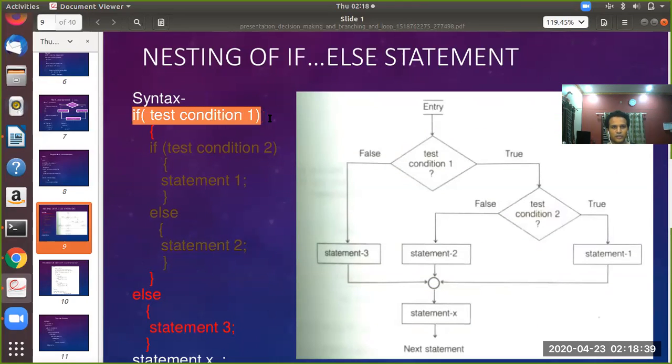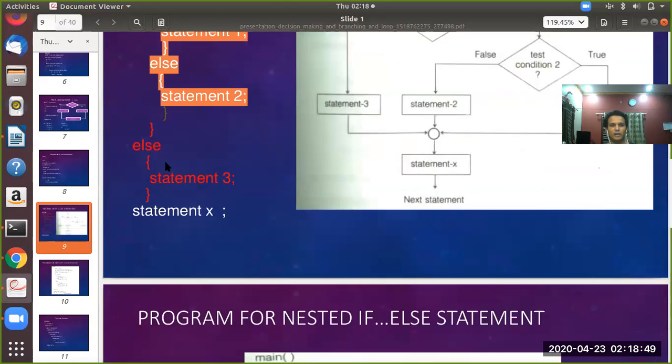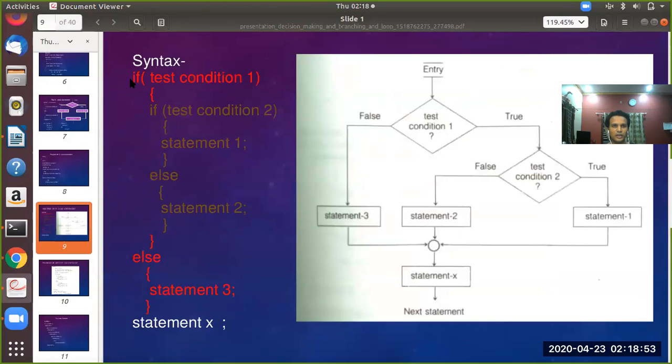There is an if condition, and within the if condition, that means inside the block of the if condition, there is one more if condition. Understand? And there is one more else here. The else that you see in dark red color belongs to the outer if block.